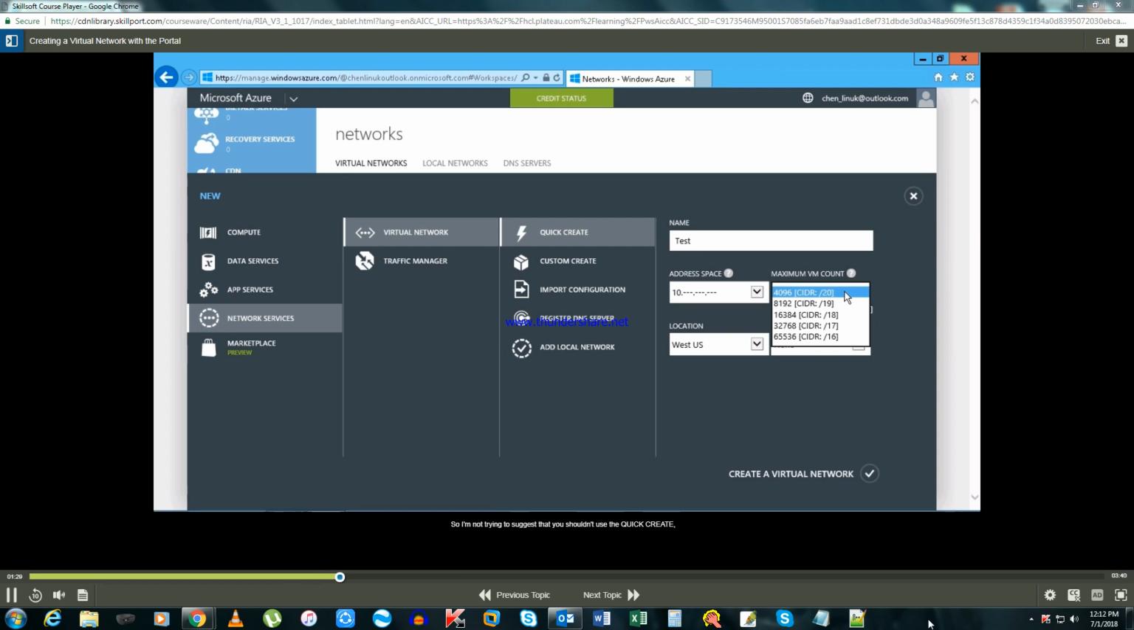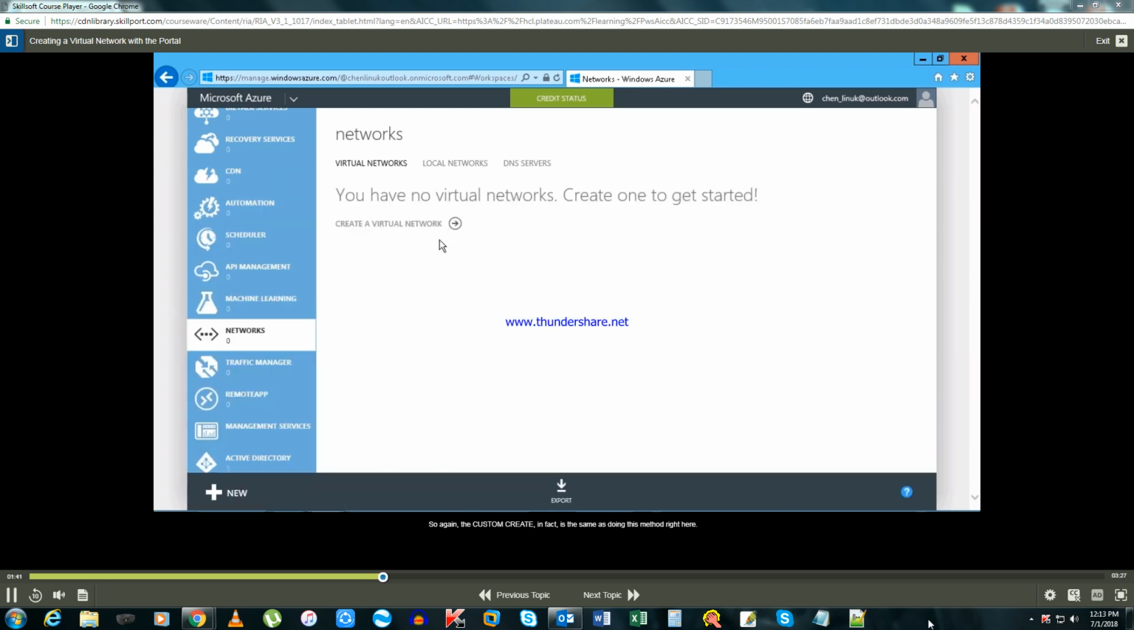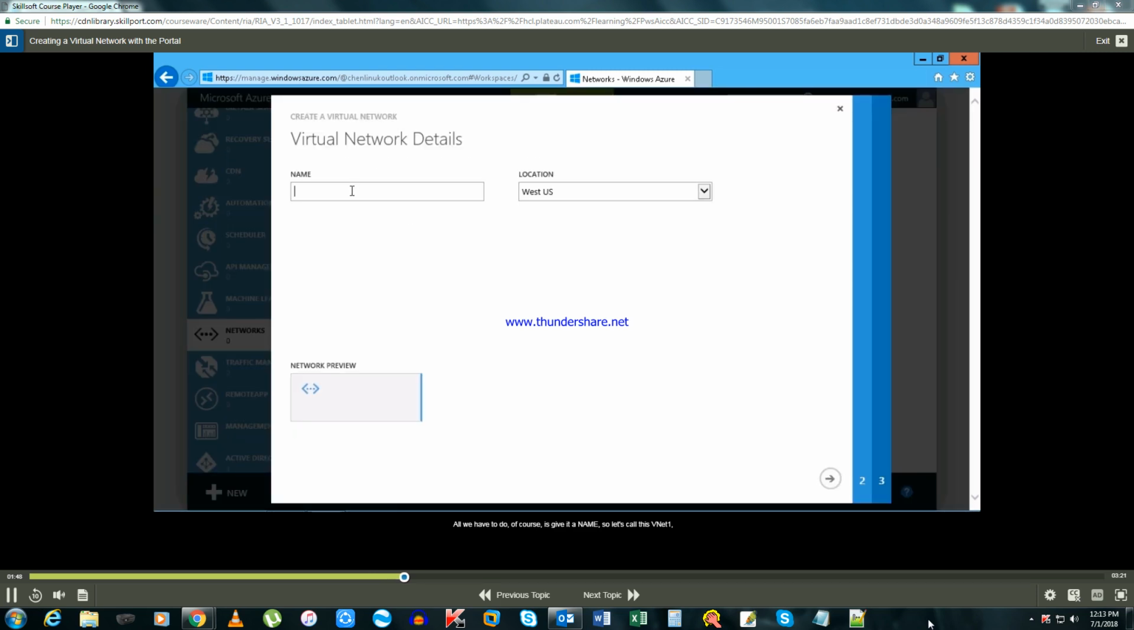So I'm not trying to suggest that you shouldn't use the quick create, but if you want a little more flexibility at creation time, you might want to go the custom create option. So again, the custom create is the same as doing this method right here. So let's have a look at that one. All we have to do, of course, is give it a name. So let's call this VNet1. Choose the location